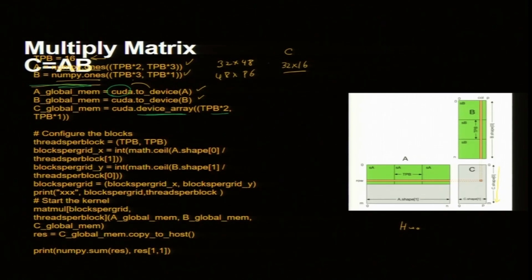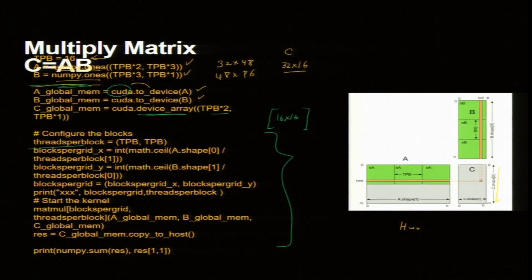Now, this is standard in CUDA. Right now I am creating blocks and the grid. How many threads does each block have? TPB by TPB, so 16 by 16, in a square arrangement. So, it has 256 threads. You can organize threads in any way you like, but here it is organized in a square array.